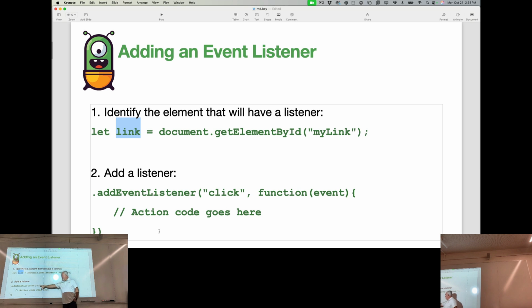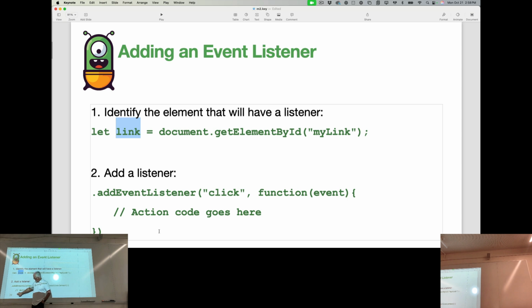So the first argument here is click. Then we have a comma, and then we have what's called an anonymous function. Don't worry about what this is right now or how it works. Just know that in the second part here, we're going to add comma function, and in parentheses, we're going to put event. That allows us to access the event itself that happens, so that we're accessing the click itself as an event. And then we have curly braces,